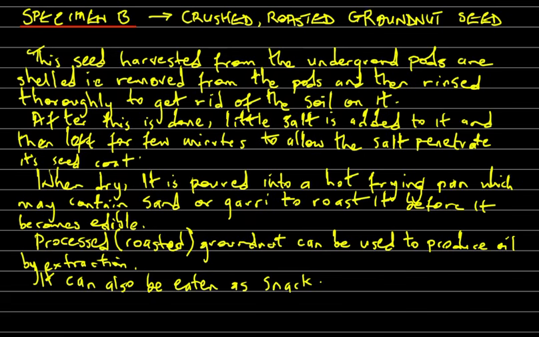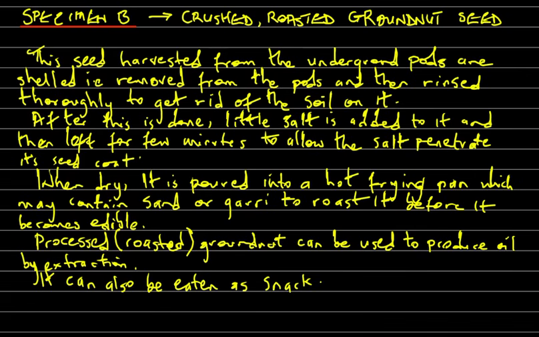After you are done washing, you can add a little salt to taste if you like, and then you leave it for a few minutes to allow the water in it to drain out. The reason we're adding salt is to add a little taste, so we leave it for a few minutes to allow the salt to penetrate into the seed coat. So when we dry this particular crop, after drying, we put them into a hot pan,